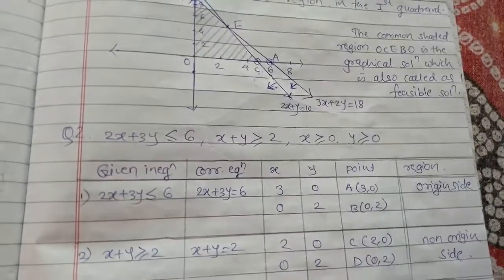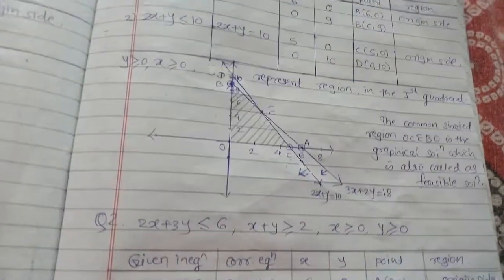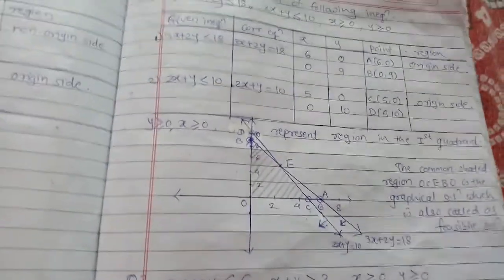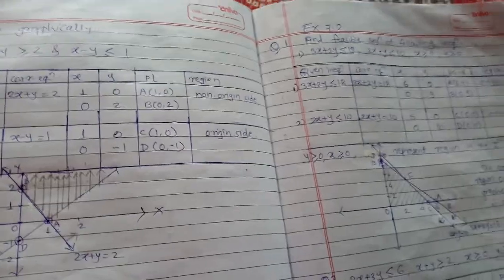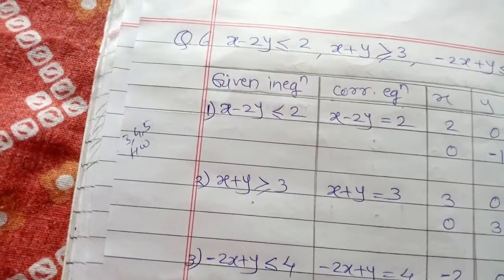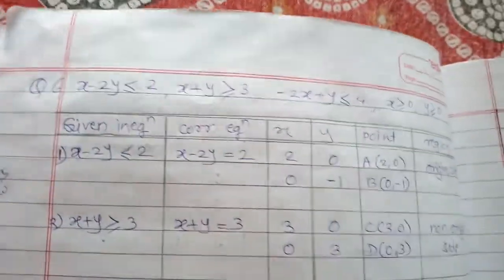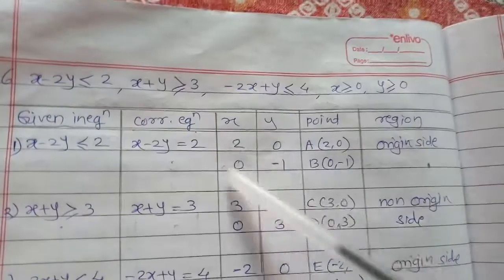So questions number 3, 4, and 5 are similar to the equations in question number 1 and question number 2. So I will directly solve question number 6 here. You try questions number 3, 4, and 5. So question number 6: what is the difference between this example and the previous one?